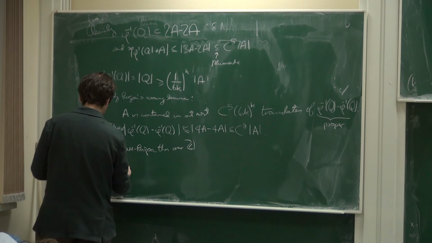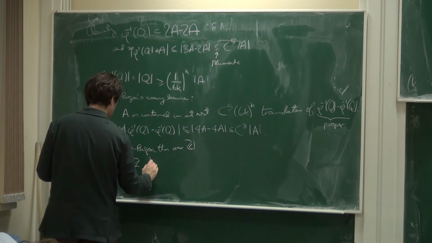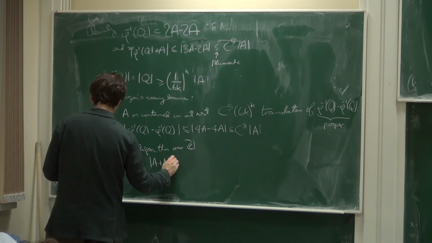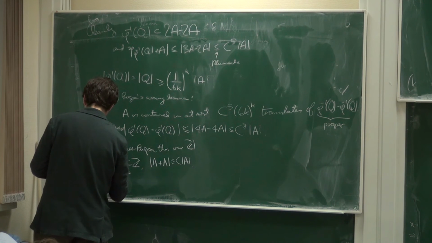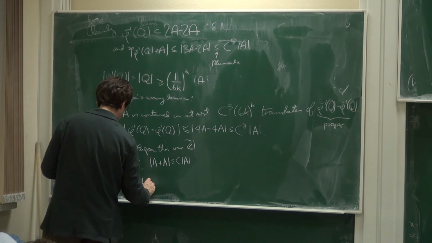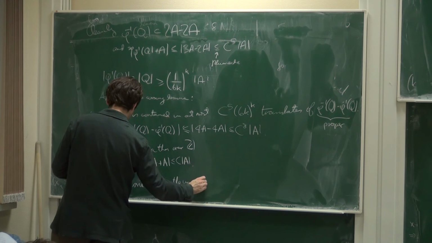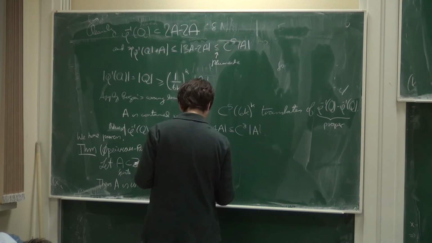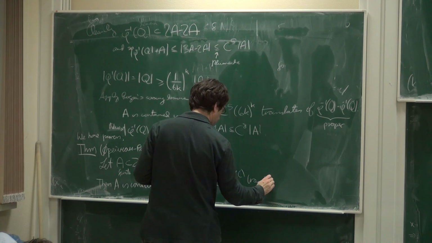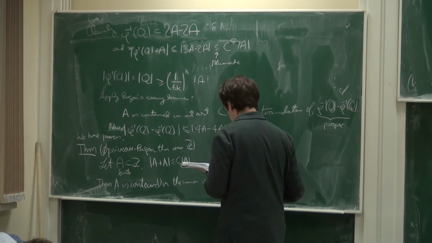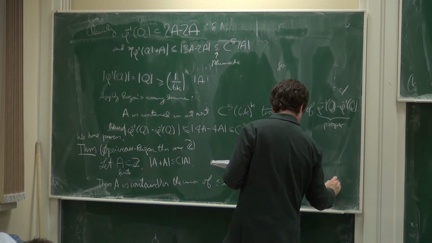So, let me just repeat the statement of what we have proven. Let A be any finite subset of Z, with the size of A plus A smaller than C times the size of A. Then A is contained, let me put it this way, in the union of at most e to the d1 of C translates, meaning cosets. How do you say cosets in Russian? Class. Proper generalized